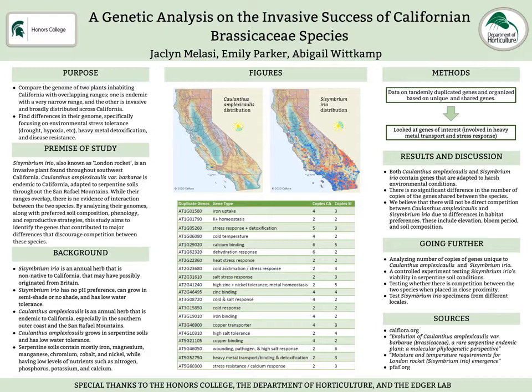To answer these questions, we sorted through tandemly duplicated genes of Calanthus and plexicalis and Cicimbrium aereo, allowing us to organize them based on unique and shared genes. The genes were then further sorted based on the relevance of their function to our main research goals, such as those genes involved in heavy metal transport and stress response. We chose to filter the genes this way in order to help us understand how each plant responds to environmental